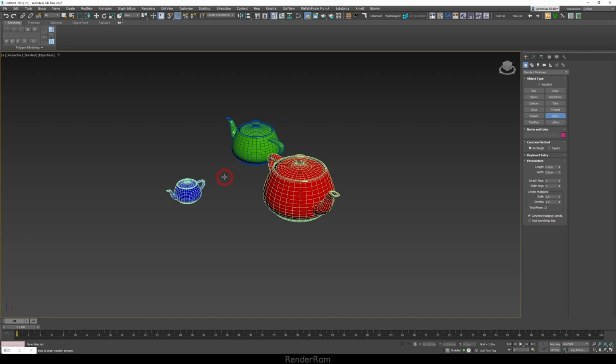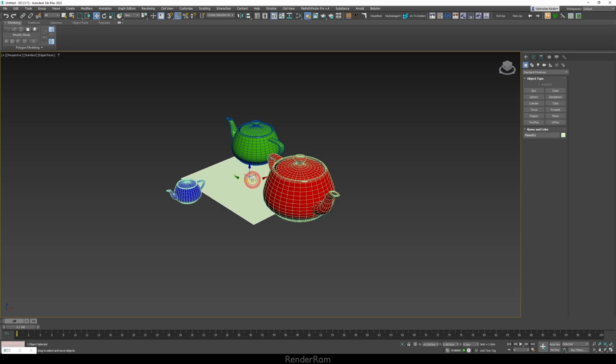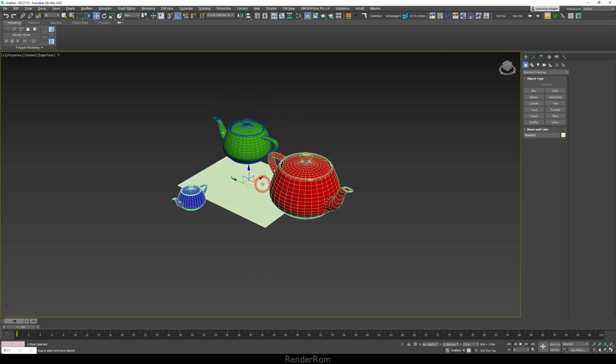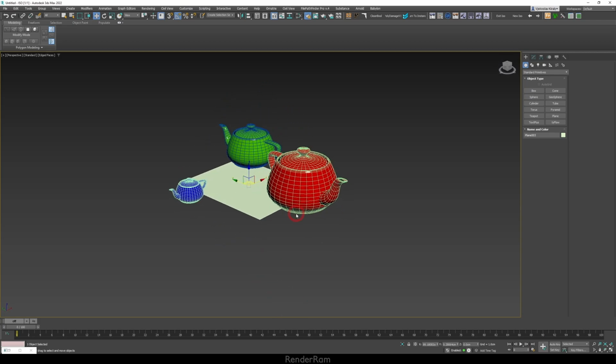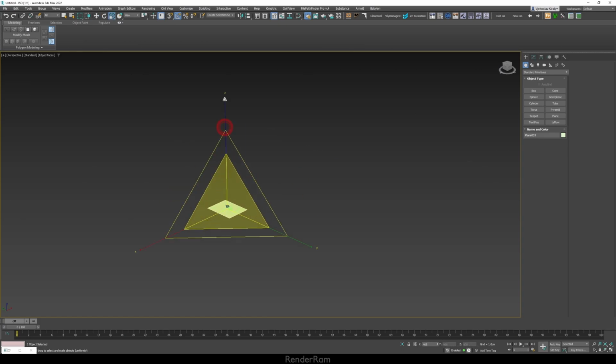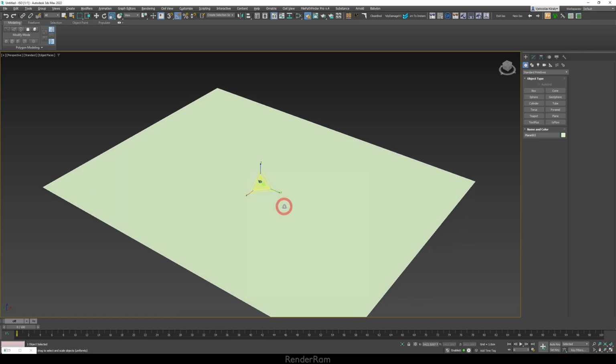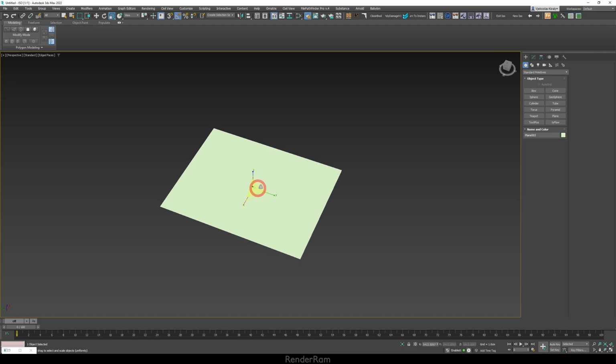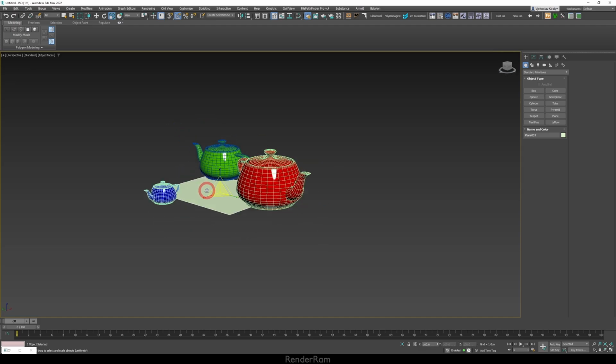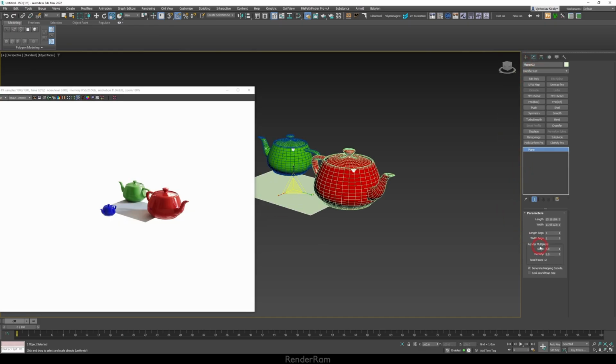Our next feature is going to be plane render multiplier. So whenever you create any plane, you know how V-Ray has that infinite plane that you can create? Well, you can do that in Max. So what do I mean by that? Let's say you create a plane like this, but for your scene, you would like your plane to actually be this big, but this is kind of not handy because it's hard to navigate all the objects since this plane is really this big. So what you can do, if you go to your plane properties and you go to